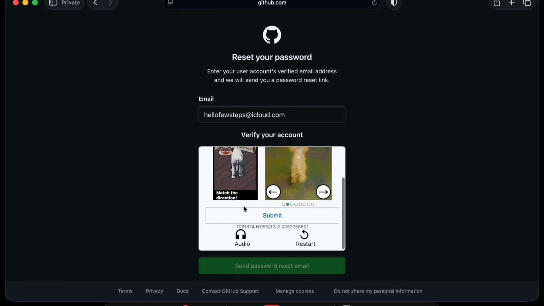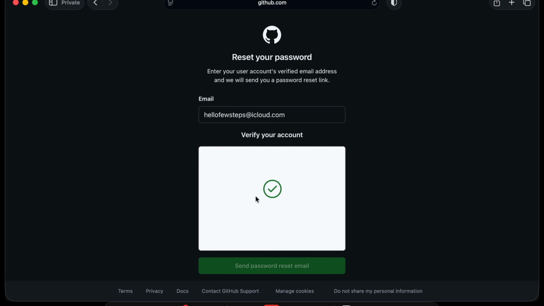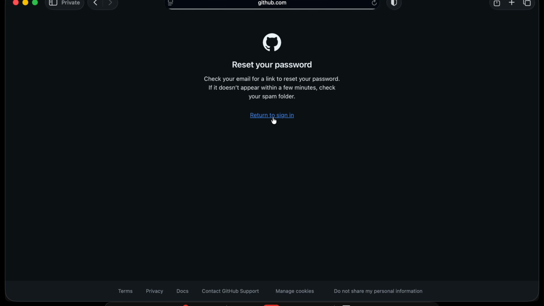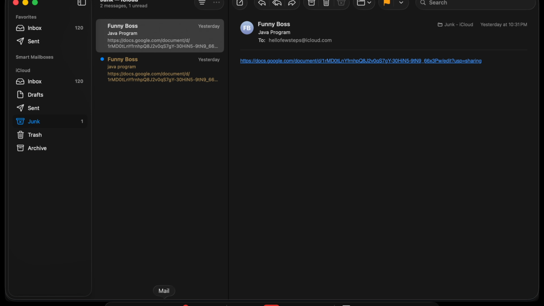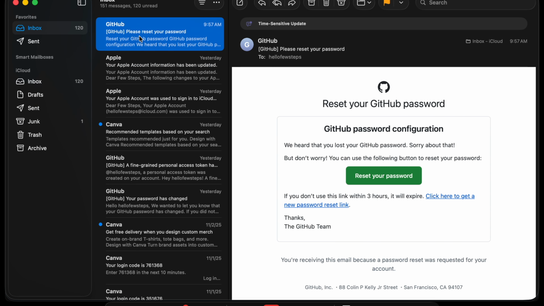Once you match, then you have to scroll and press the submit button, and very shortly it will be submitted. And once it is done, then it will give you this button enabled. So we just need to press this button, send password reset email, and very shortly we'll get an email in our inbox. So I'm going to open my mail and click here, inbox, and here is that